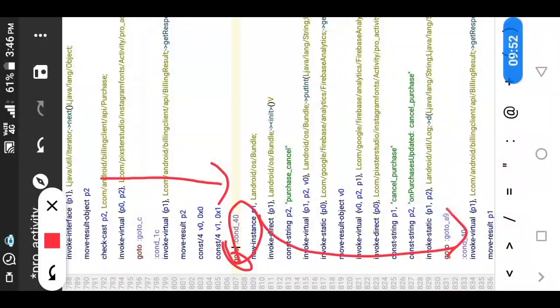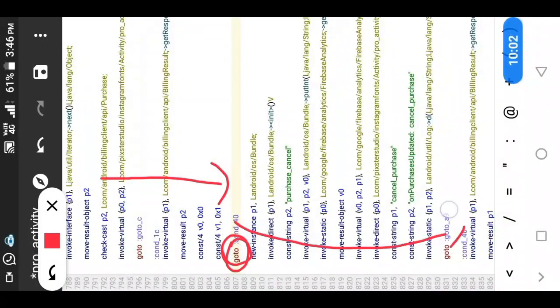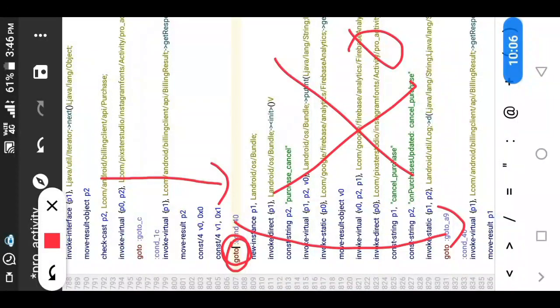That means now, when the code comes here, there is no checking and no action is done here. It goes directly to cond_40 because I am using goto. There is no testing condition, so it will directly go to cond_40 and this whole code will not be executed, so the alert dialog will also not be executed. So now the first step is done.